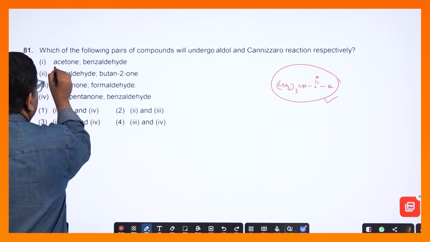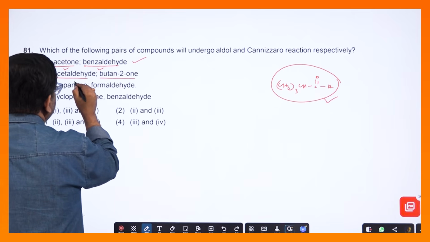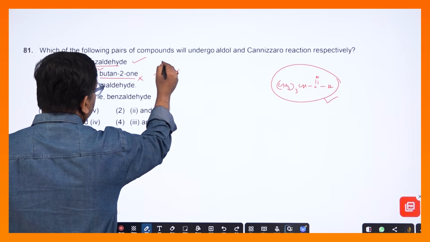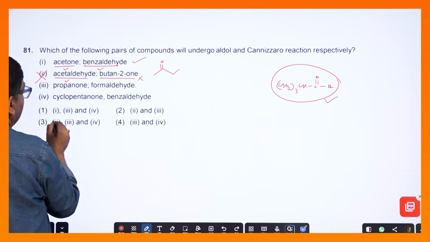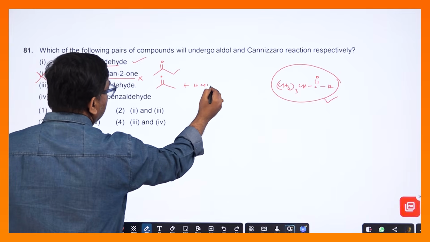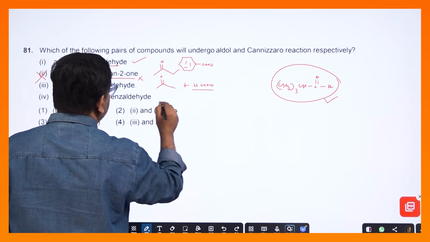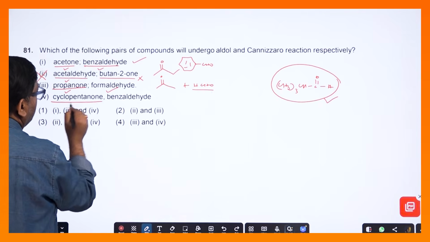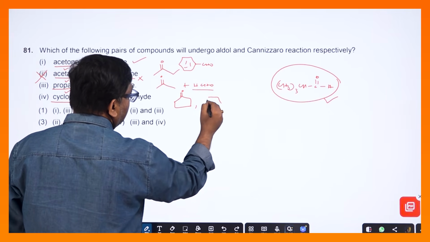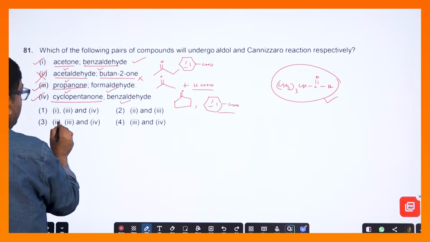প্রথমটায় আসি, অ্যাসিটোন অ্যালডোল দেবে, এটা ক্যানিজারো দেবে, এটা অ্যান্সার হবে। অ্যাসিটালডিহাইড, বিউটানোন: অ্যাসিটালডিহাইড অ্যালডোল দেবে, ক্যানিজারো দেবে না, কারণ আলফা হাইড্রোজেন আছে। বিউটান-2-ওন আলফা হাইড্রোজেন থাকার জন্য ক্যানিজারো দেবে না, তাহলে দুইটা কেটে গেল। প্রোপানোন অ্যালডোল দেবে, কারণ আলফা হাইড্রোজেন আছে। ফর্মালডিহাইড HCHO, আলফা হাইড্রোজেন নেই। বেঞ্জালডিহাইড, আলফা হাইড্রোজেন নেই, তবে ক্যানিজারো দেবে। সাইক্লোপেন্টানোন, আলফা হাইড্রোজেন আছে, অ্যালডোল দেবে। তাহলে 1, 3, 4 অ্যান্সার হবে, অপশন 1।